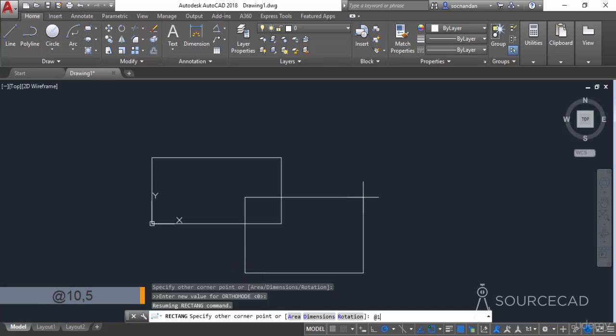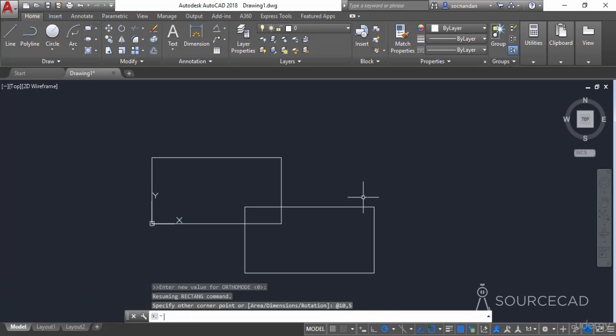And now simply enter 10, 5, that is length, width, and press enter. And here we have it, the rectangle with length 10 and width 5 units. So whenever you need to make a rectangle, you need to simply enter @ sign and then length and then width. So that will make the rectangle of desired value.